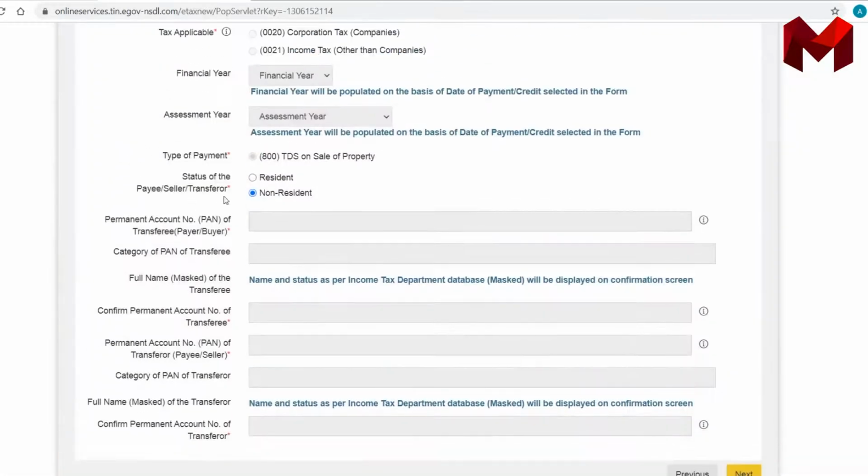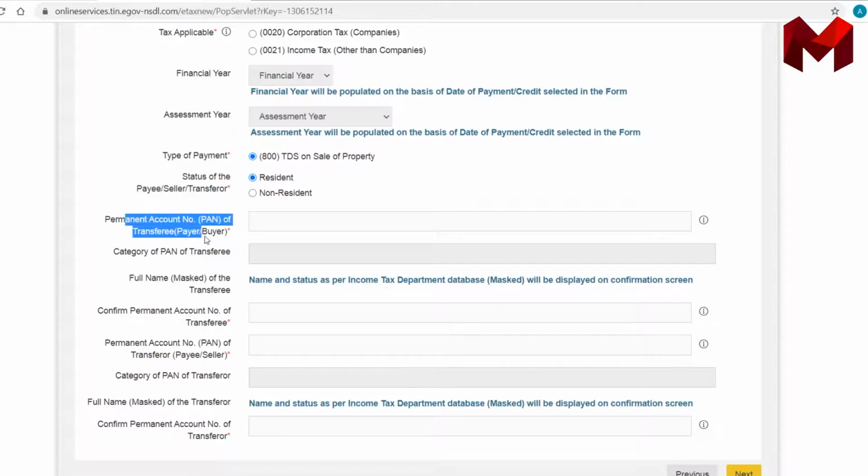So as we know, only if we are purchasing a property from a resident person will this form be filled. So we will select resident over here. PAN number of the transferee, that is buyer or payer.